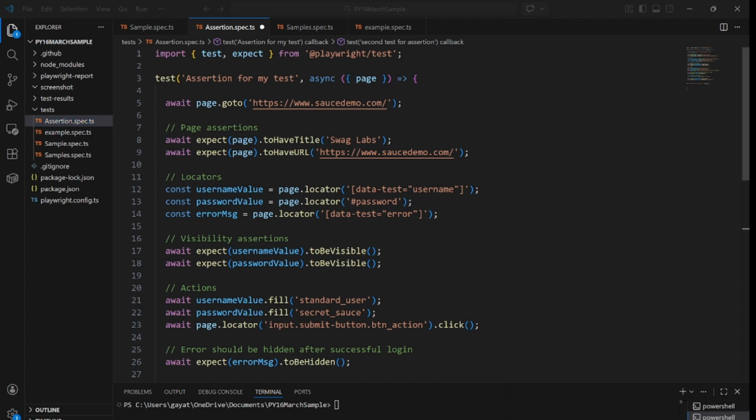So today we are going to see how you can take screenshots. This is really very important: taking a screenshot of any web page, like a full web page screenshot, or a screenshot of a particular element, or a screenshot of failed test cases. Whenever you're running any script and your test case fails, you want to capture the screenshot.